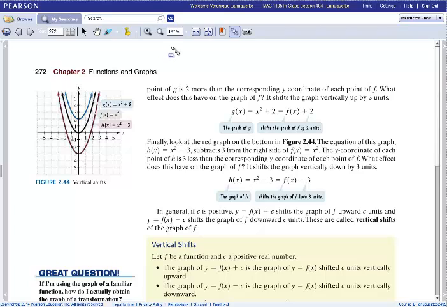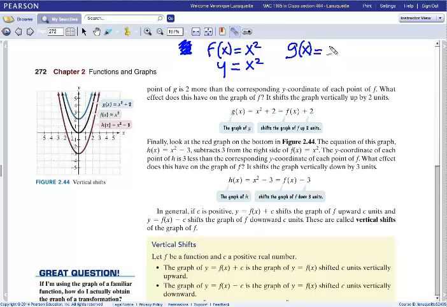So if we were to write what they told us, let's say we had f of x is equal to x squared. So if we wrote the function, we could write f of x is y, and that's x squared. So remember that this is a parabola passing through the origin, which is a black graph that they are giving us. Now if you wanted to graph the graph of g of x,